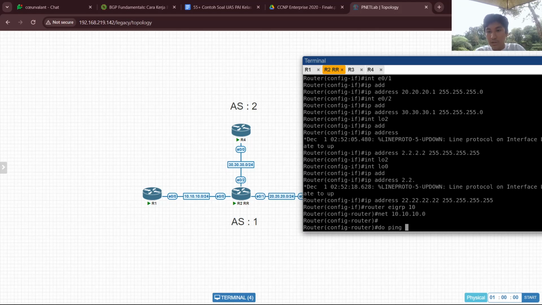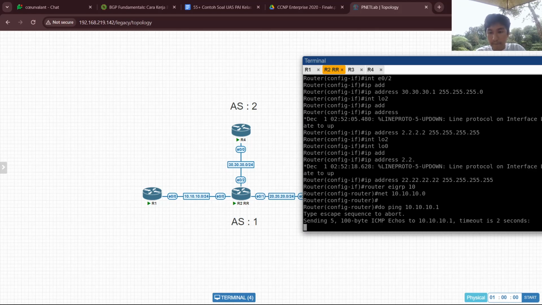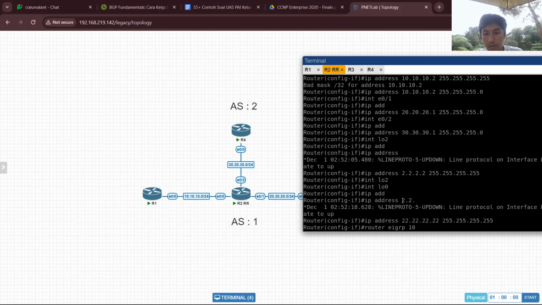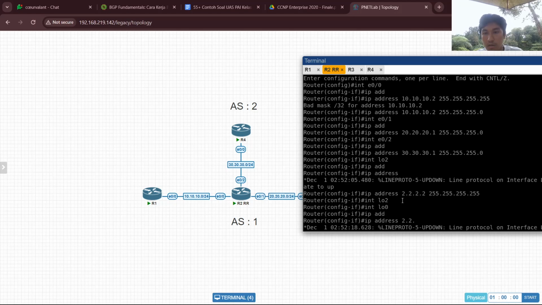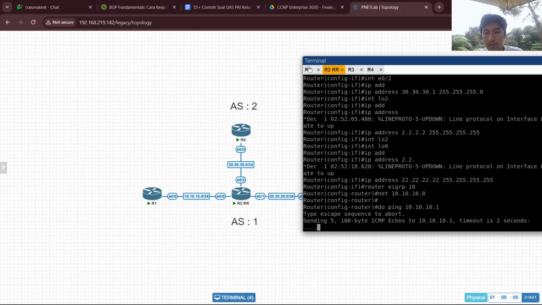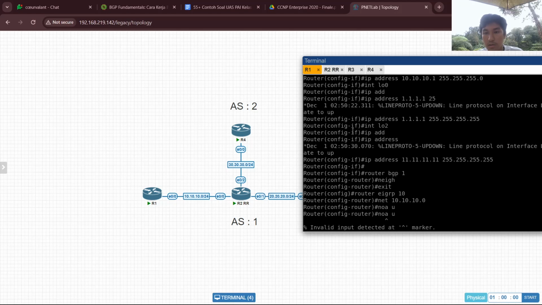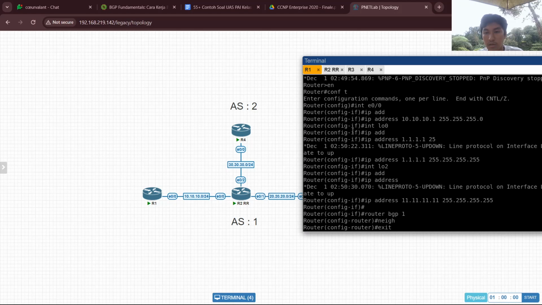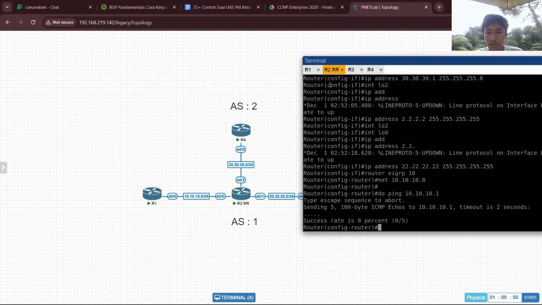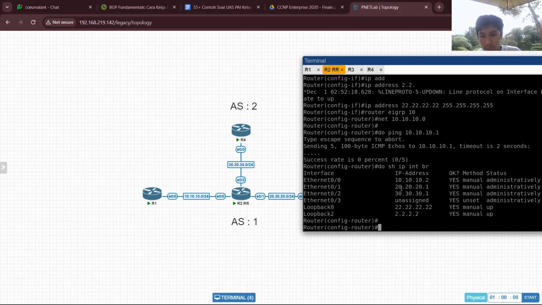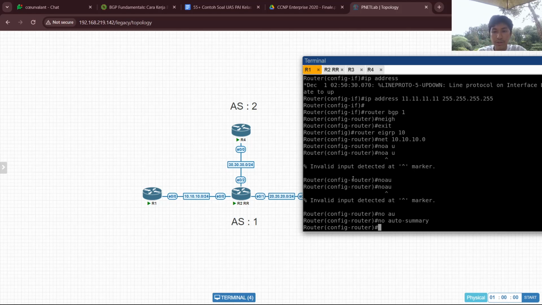We ping first. Oh yeah, I forgot to no shutdown it.